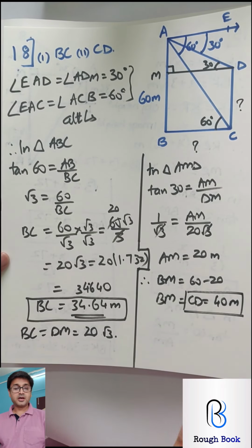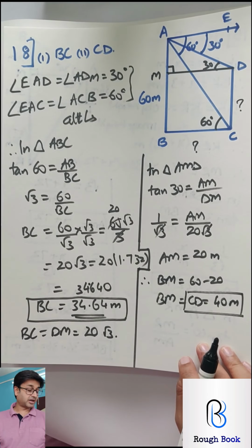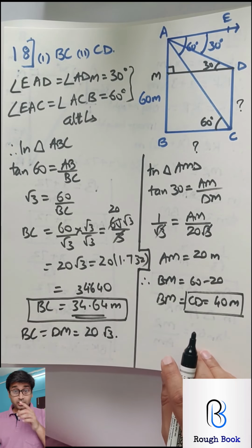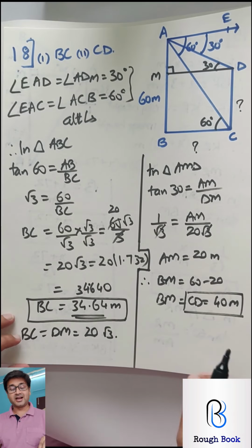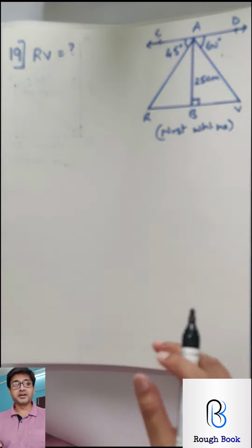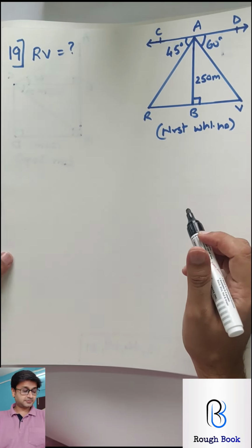That's your second part. Write it in words. Therefore, whatever this is, CD is equal to, that is a lamp post. So write, therefore lamp post is 40 meters. Got it? Don't forget to write, because these are word problems. You are expected to write the answers in words in the end. I'm not writing, I don't have place, and my marks are not getting deducted, but yours will. So don't act smart.